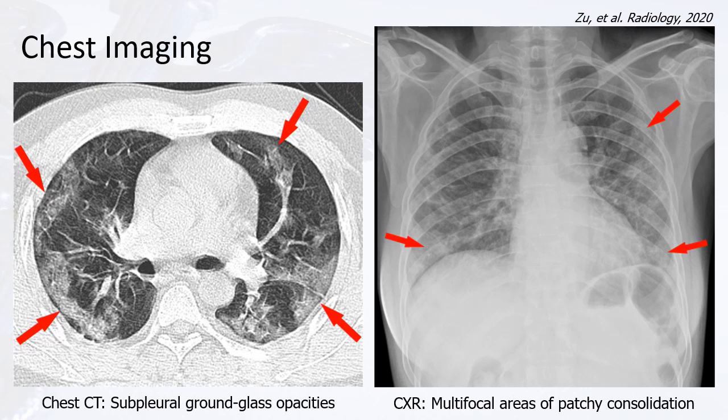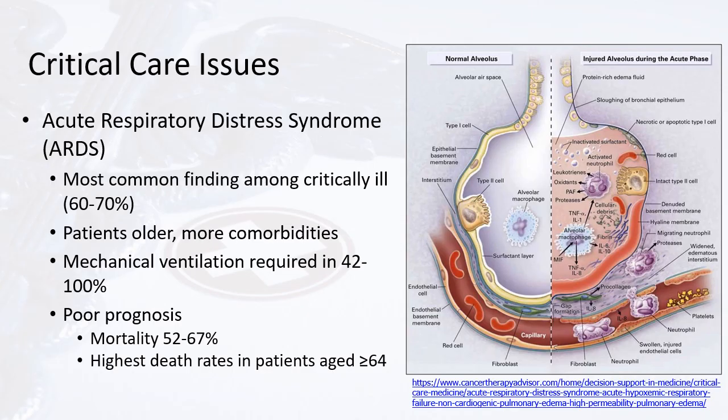And as you can see here, on the left is an example of a chest CT where the red arrows are, you can see subpleural ground glass opacities, those hazy areas of pneumonia. And on the right-hand side is a chest X-ray showing multifocal areas of patchy consolidation, which would also be indicating a pneumonia. We know that the majority of COVID-19 cases are mild, but the minority can go on to become